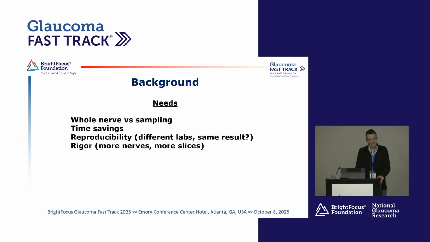So some of the needs that we need to get to in the field are to do whole nerve sampling. We need better workflow that's faster. The two biggest things are probably we need more reproducibility. The two labs should be able to do the same experiment, get the same result, and then rigor, just by having more quantitative data. But also with AI, we'd have the opportunity to do things that today we can't do